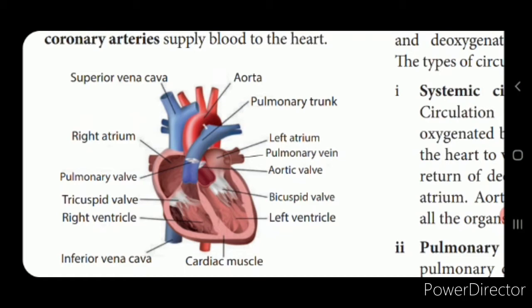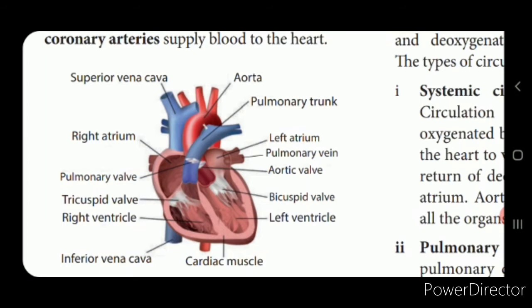So it has 3 thin triangular leaf-like flaps. Now I said that the flap is a muscular membrane, isn't it? Now these triangular shaped flaps are called the tricuspid valve. It is in the shape of a triangle, isn't it? So it is the tricuspid valve. And the apex, that is called the tip, in a triangle you have 3 tips, isn't it? So the apex of the flaps are held in position by the papillary muscles.